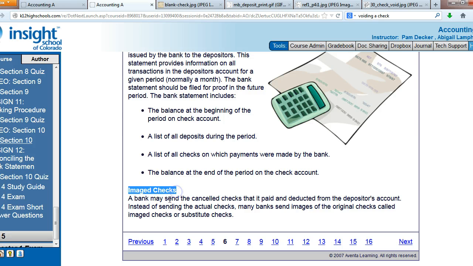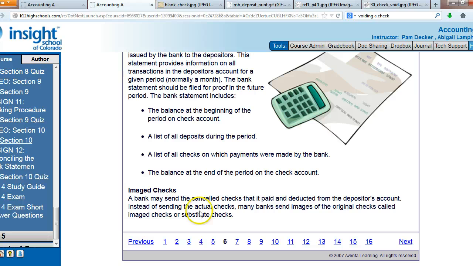Imaged checks. Along with your bank statement, the bank may send canceled checks back to you. A canceled check just means that it is a check that has been paid. So if you wrote a check and that person deposited the check, the bank might copy an image of that check and send it back to you saying, okay, this check's been cashed and now it's been canceled, so it